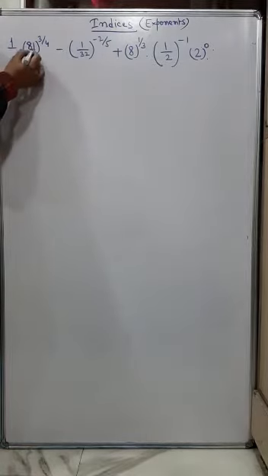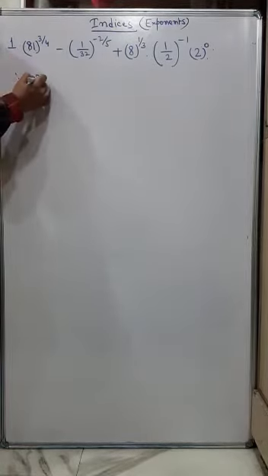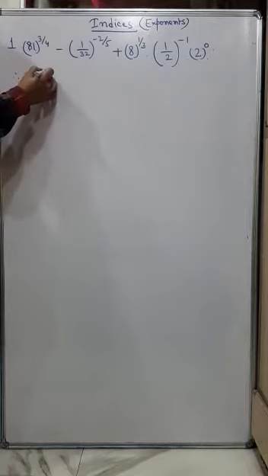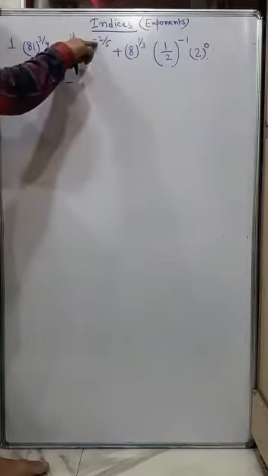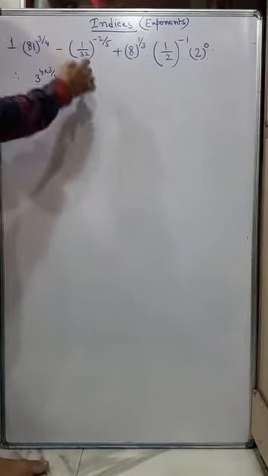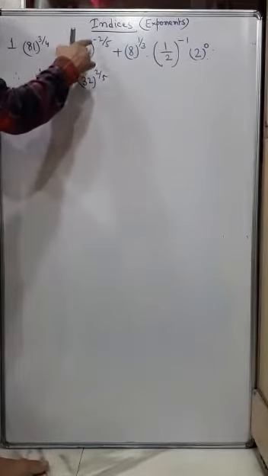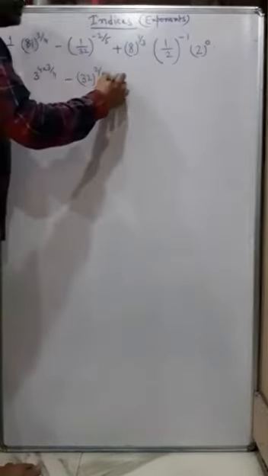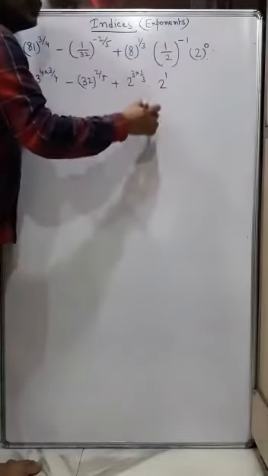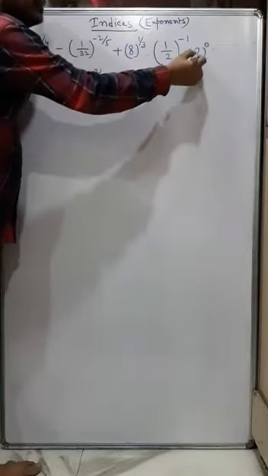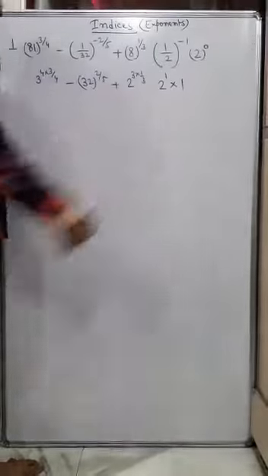What I told, I can convert 81, and 81 means 3 to the power 4. Now 3 to the power 4 into that becomes 3 by 4. I told you to convert that negative power to positive, so this becomes 32 and whole to the power 2 by 5. So that negative becomes positive. This 8 means 2 to the power 3 and into 1 by 3 and 1 by 2. So if I take 2, that becomes 2 to the power 1. 2 to the power 1 means 2. And you remember this, any number to the power 0 is 1.